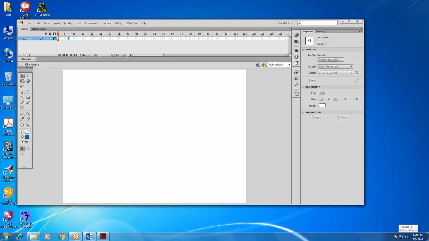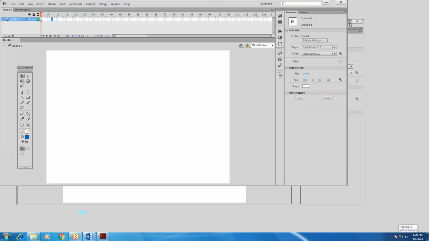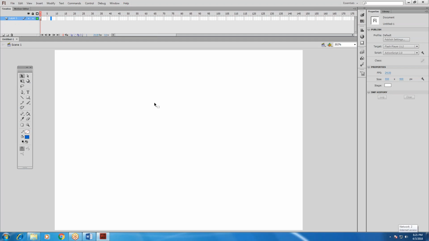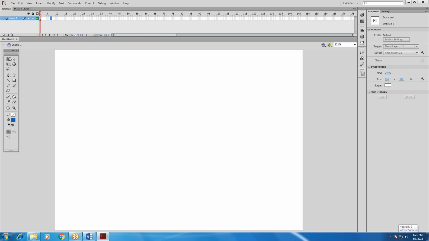If you want a new layer, you can take this new layer option. If you want to delete, you can delete it. These are the edit scene and edit symbol options. You can maximize here, you can hide. So these are the options. This is the toolbox.